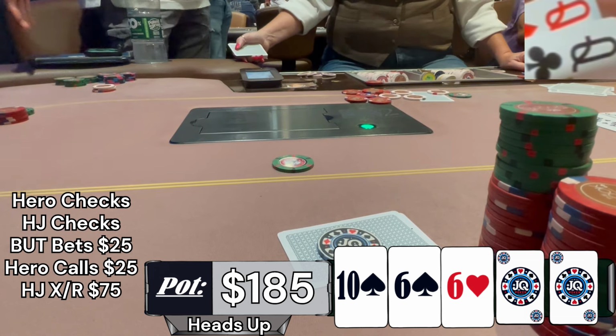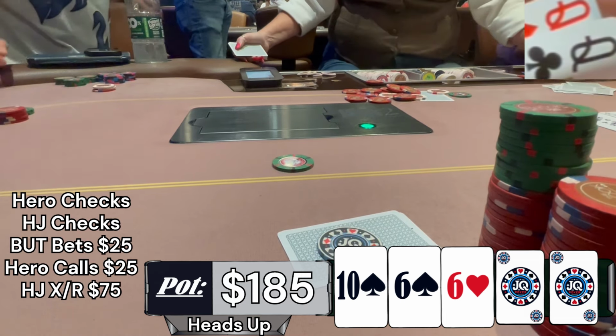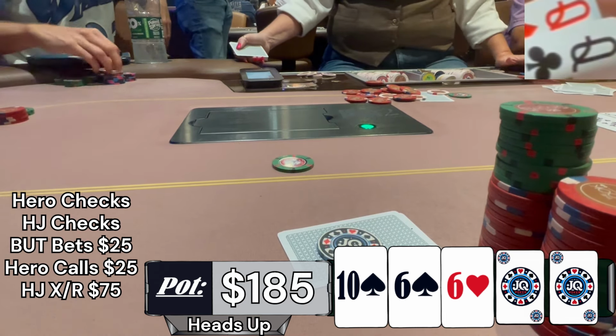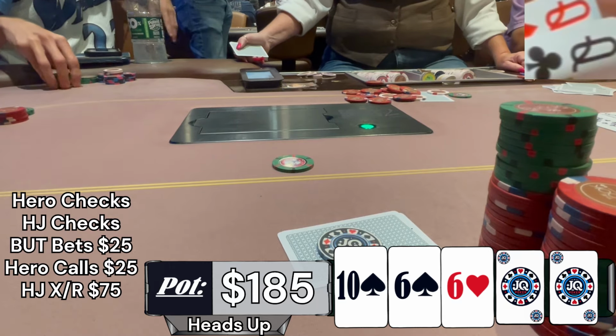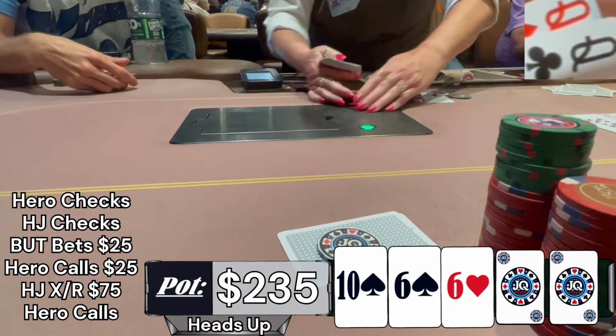When he only makes it 75, it's not a large raise. It sort of feels like he's trying to find out where he's at with a 10 or buy a cheap river with a flush draw. I also think our hand is fairly under-repped when we check the flop. And for those reasons, I decided to stick around, put in the call, and we see a pretty good turn,